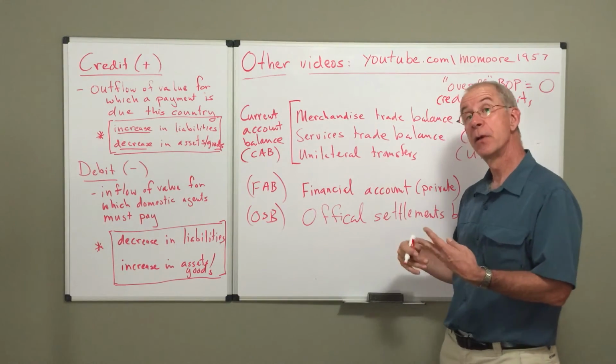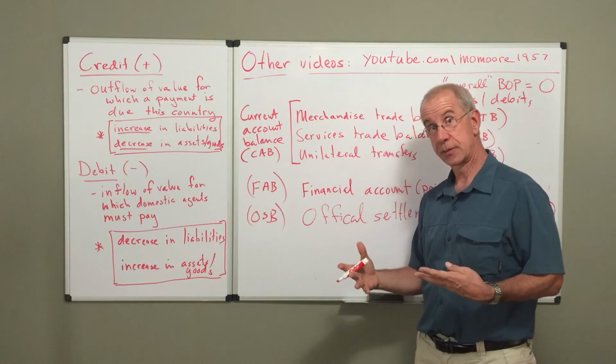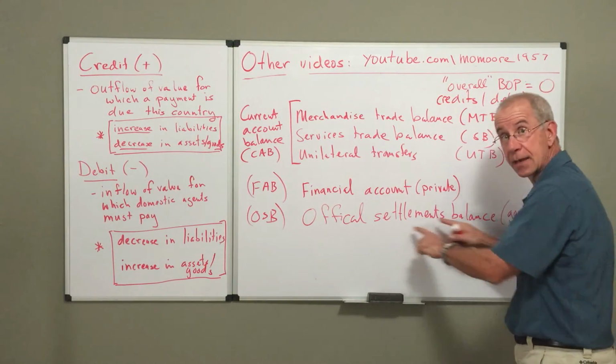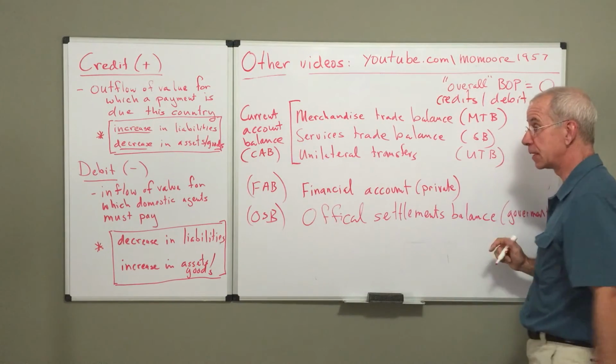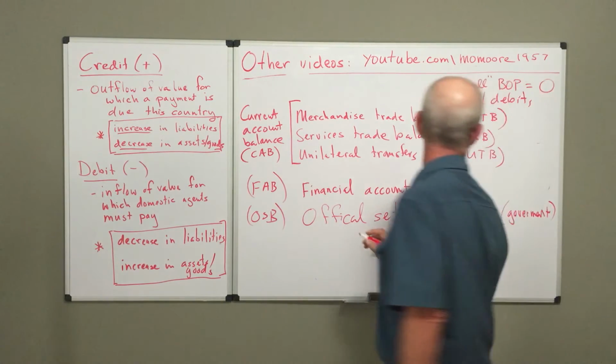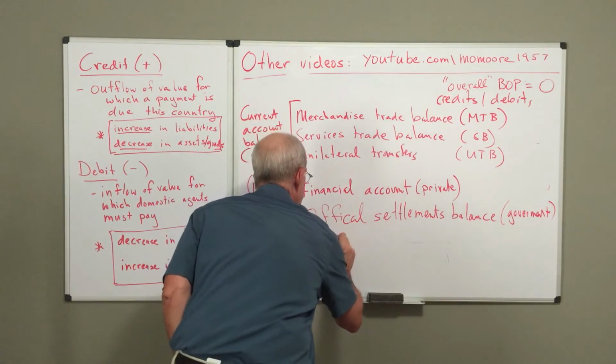Now, when we talk about fixed exchange rates or foreign exchange market intervention by a central bank, this is where that comes into play. So when we talk about the overall balance of payments being equal to zero, then we have